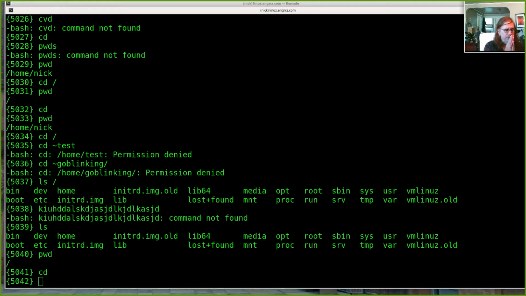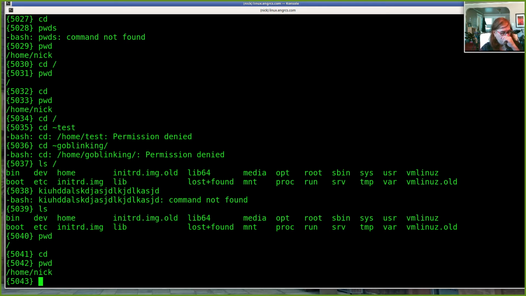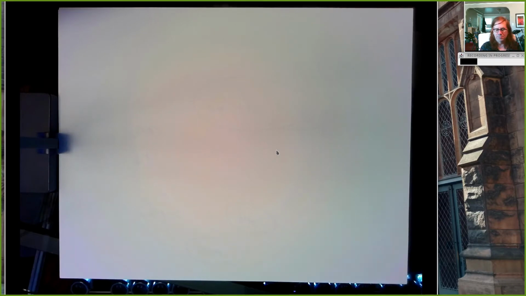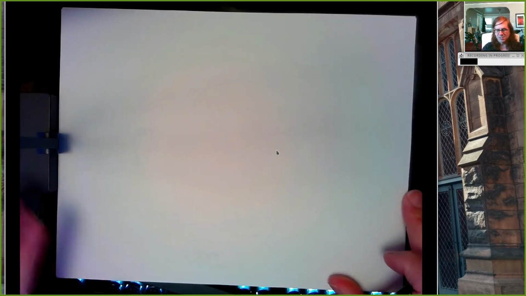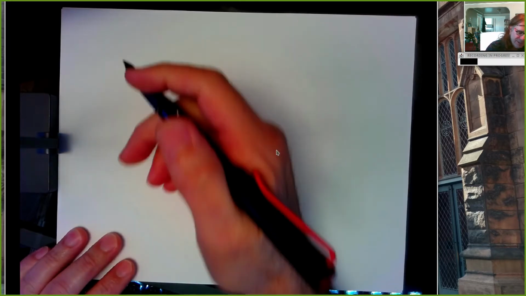All right, so we're going to talk a lot about customizing our Linux environment. Right now, I'm sitting on the Linux server, linux.engrcs.com. But let's talk about Linux more generally, because there tends to be confusion around what is Linux, what is PuTTY, what is SSH, things like that. So let's pin down some terminology.